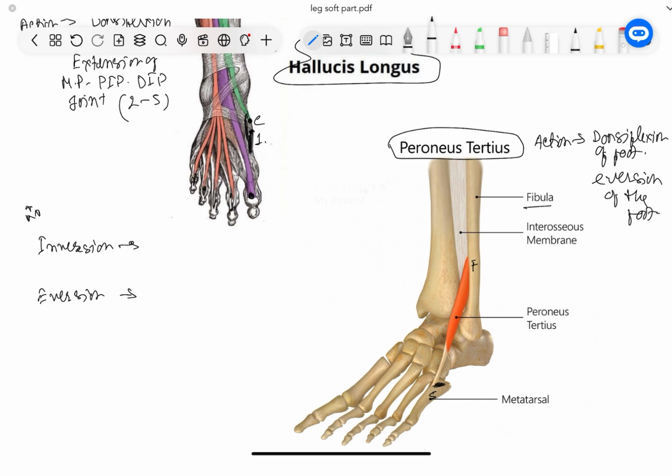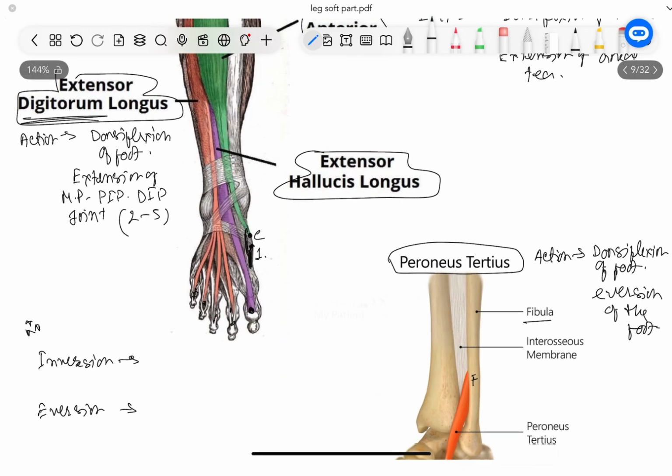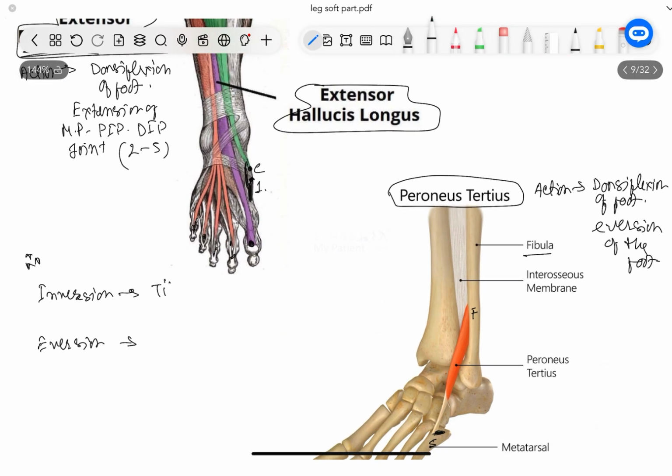So, who is doing inversion of the foot? I already mentioned inversion is done by the tibialis anterior muscle. And which muscle does eversion? Now we got peroneus tertius. This muscle does eversion. Slowly we are going to get more muscles that help in doing these actions, but let us note them down. Inversion by the anterior compartment muscles is by tibialis anterior, eversion is done by the